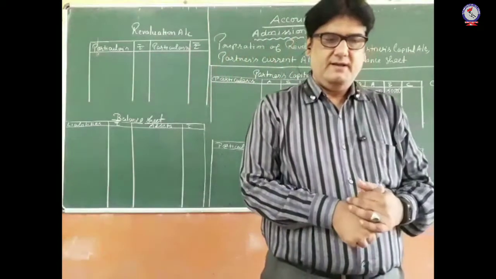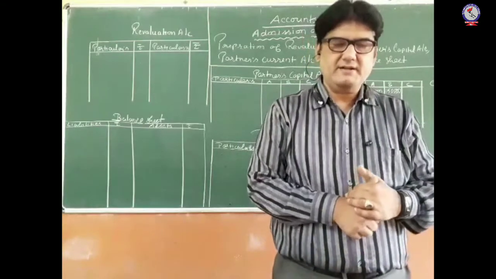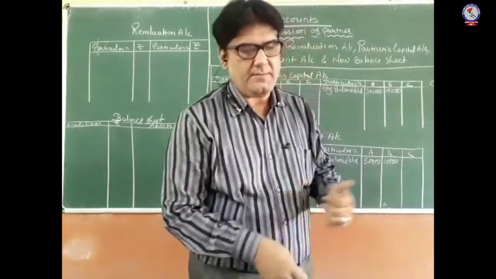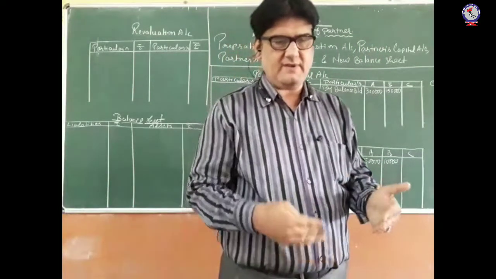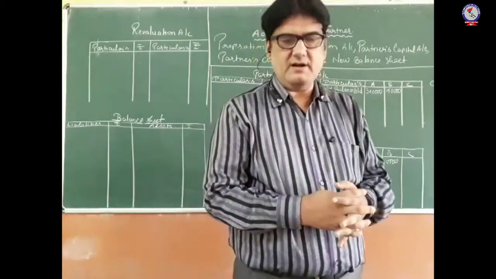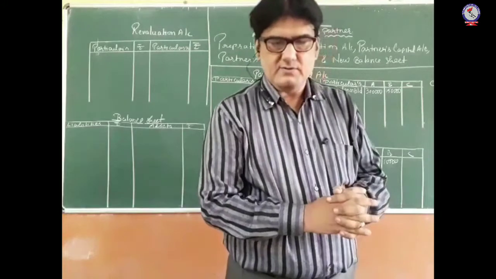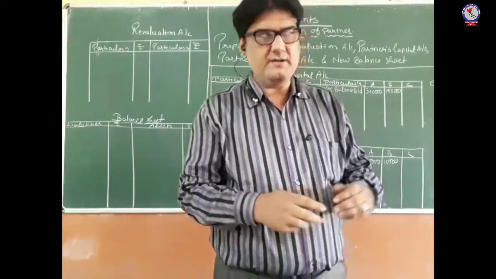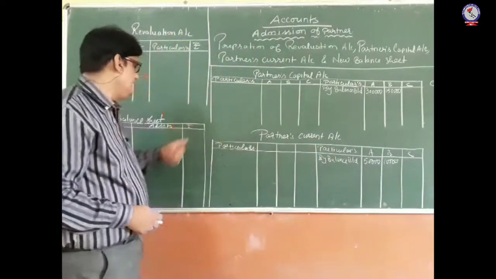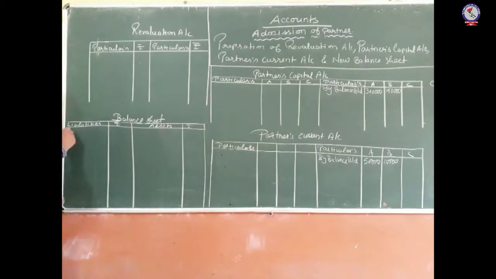Then afterward in the balance sheet there is a creditor and there is a general reserve. So we have to see the adjustment. Let us look at the adjustments. When I am going through the adjustments, there are no adjustments related with the general reserve and the creditor. So the creditor amount will directly go in the revised balance sheet.